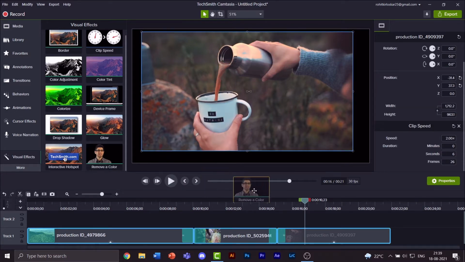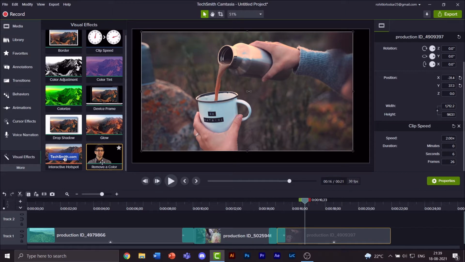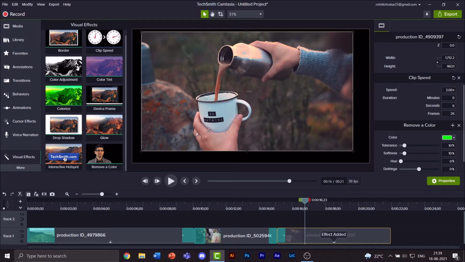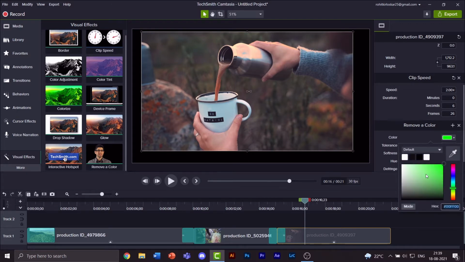Or you can remove a color. Now people use this to hide the background. They use a green screen behind them, like you can see in the preview over here. They put a green screen behind them and then remove the green color. So I don't have a green screen right now. So what I can do is I can remove any one of these colors,